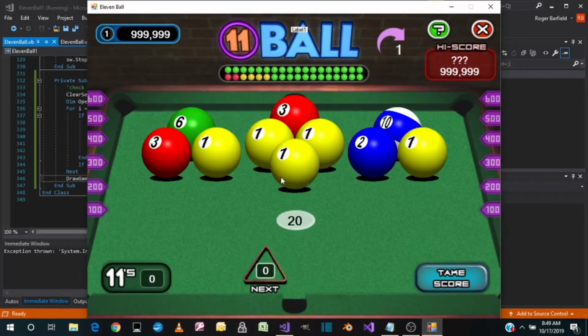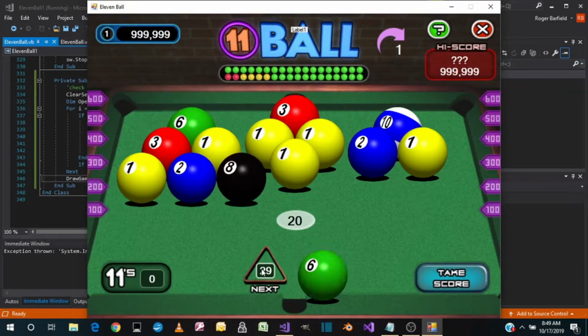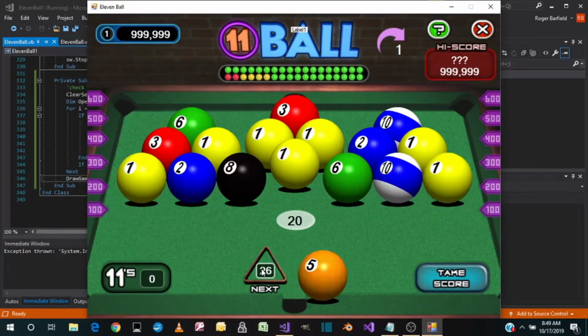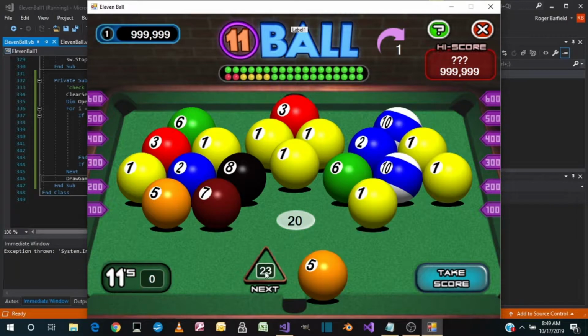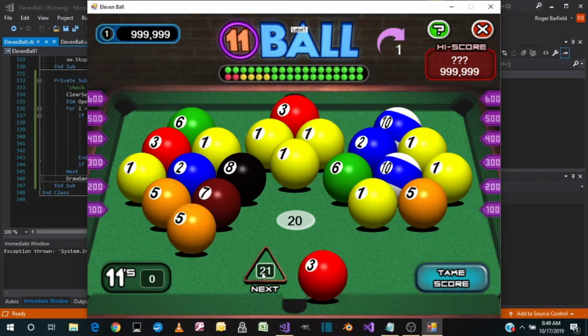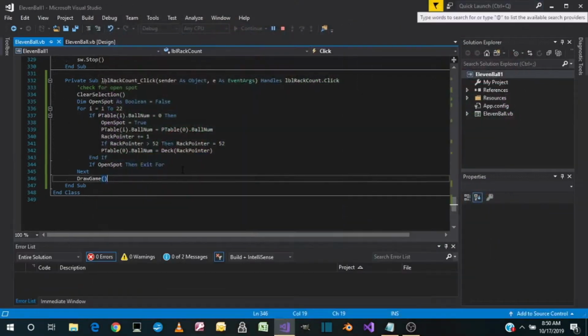So, see how it's rotating in the same order as when the balls drop? And now when I get here, it's not doing anything. But, okay, so